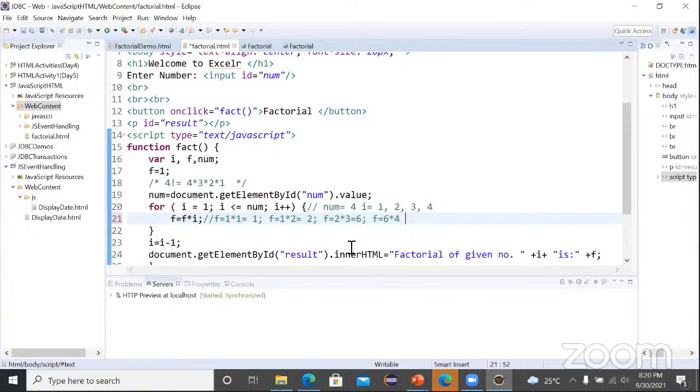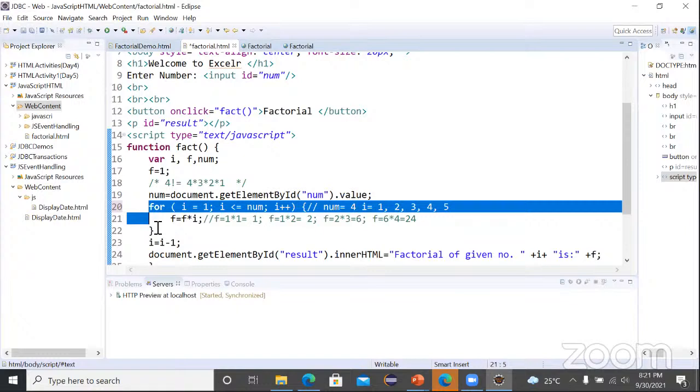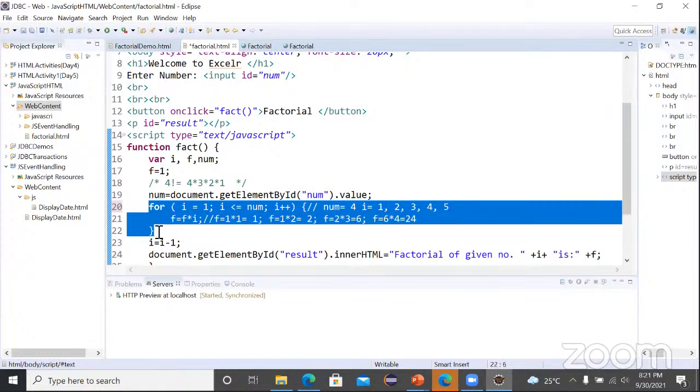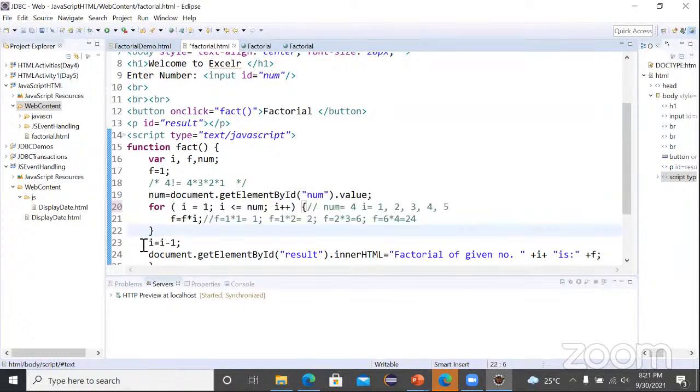The value of f is equal to 24. So this is the final value of the factorial of 4. And again, the I value gets incremented to 5, but 5 is not less than or equal to 4. So the condition fails, and control comes out of the for loop execution. Then immediately we have one more